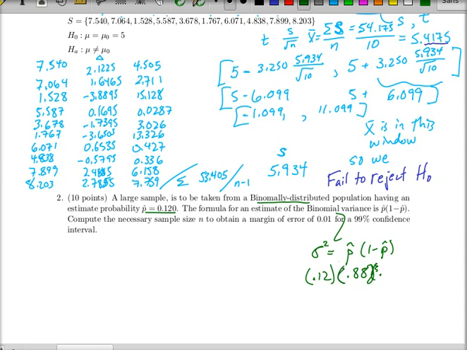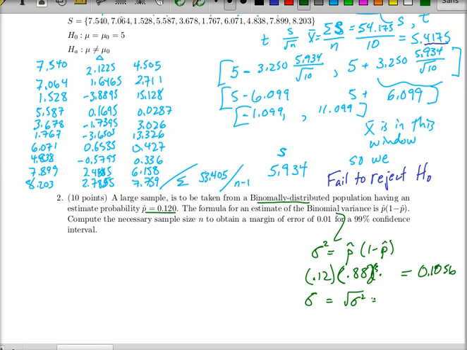And that's 0.12 times 0.88 equals 0.1056. Let's take the square root of that, because sigma, the standard deviation, is going to be the square root